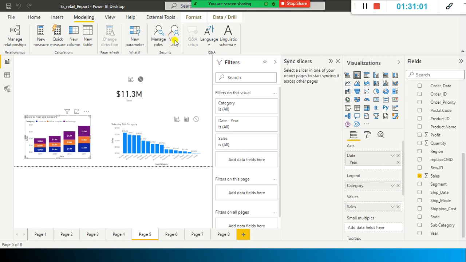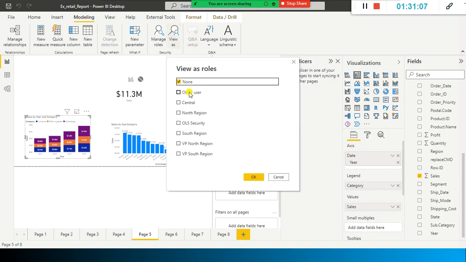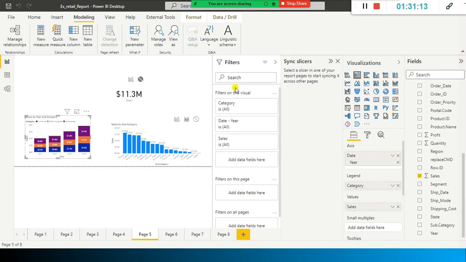For example, I just go here and click view as. I click view as, and here the VP South region, if I select on this, the South region VP can see only, look here, this value got changed, 1.43 M, right?